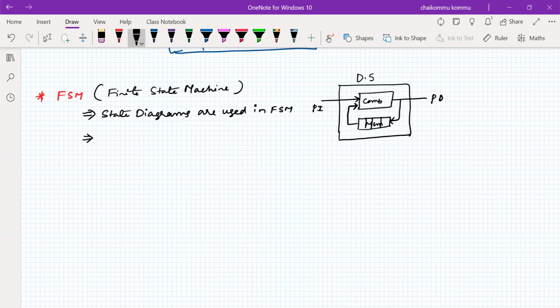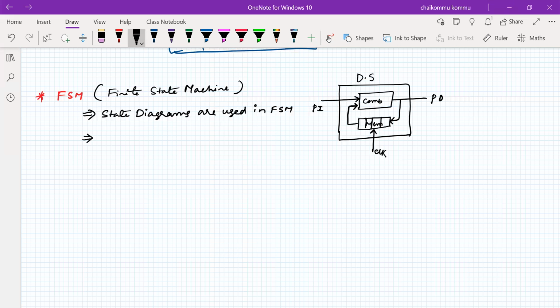Now, whenever you apply a primary input to this system, in addition to the clock signal, the content of the flip-flops changes. As I mentioned, the state of the system is the content available in the memory.